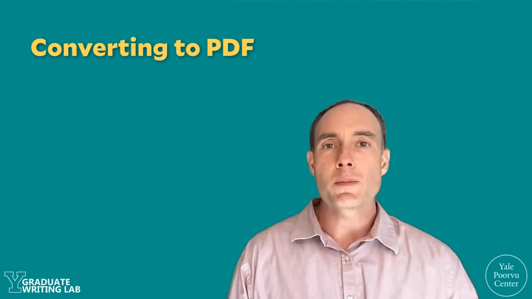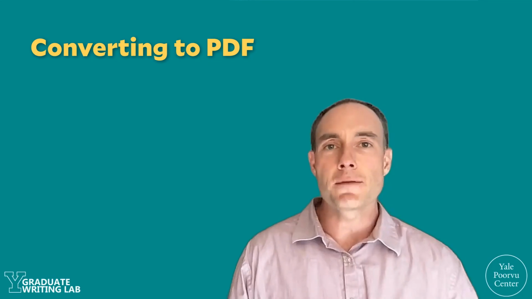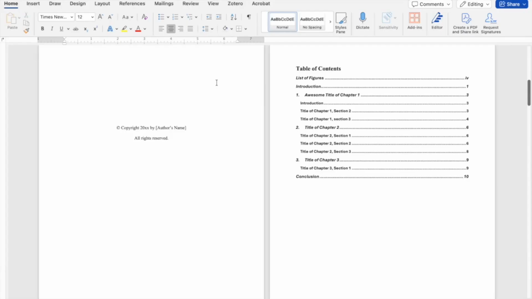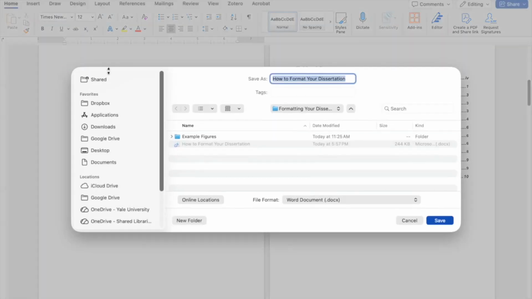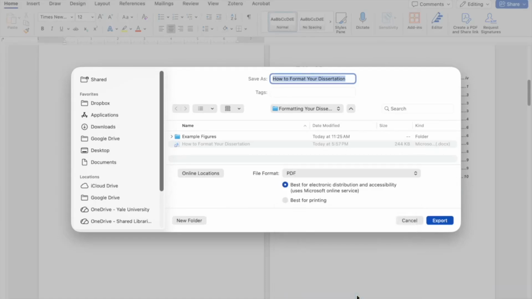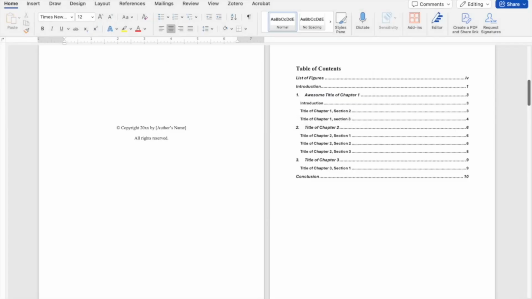Yale requires you to submit your dissertation as a PDF. With our page numbers, table of contents, and figures list now in place, I think we're ready to convert our Word document into a PDF. And as you may know, to do that, you go to Save Copy, and you choose PDF as your file format. Since we are going to submit this electronically, we will choose Best for Electronic Distribution. We will click Export, and then we will